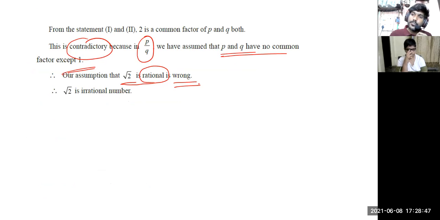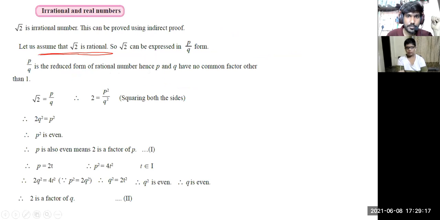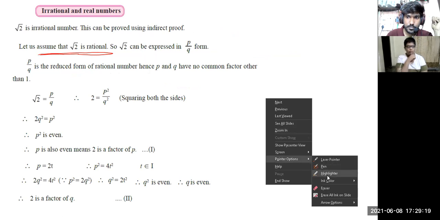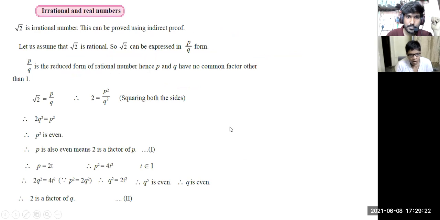Have you understood this? If you go for learning higher mathematics, keep this point in mind, this statement I'm saying. If you go for learning higher mathematics, this proof will definitely be there and it will be used. Even if you go for degree level mathematics, engineering also, you will definitely come across this proof. Now I want you to go through the proof. Just tell me when to change the slide, okay? I'll change.